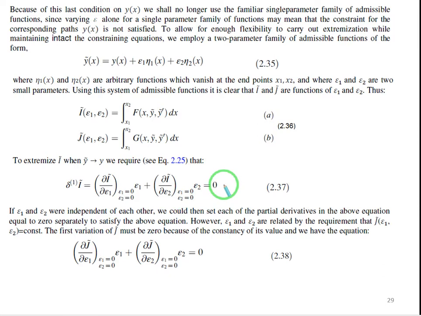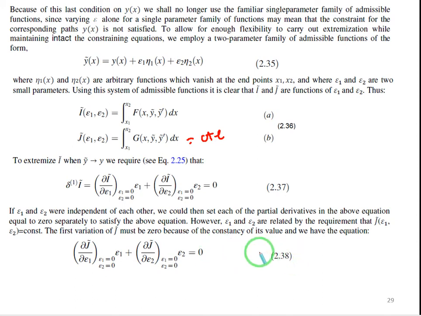And in the same way, we chose the set of y tilde in such a way that this integration is a constant number. If we have a constant number, we can easily say that the variation of a constant number is 0. So the first variation of J tilde equals 0, which leads to this equation,